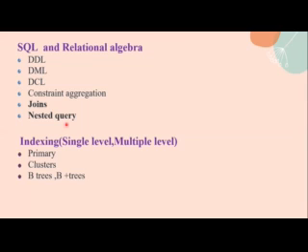And then next we come to the topic called indexing. Here indexing consists of two things: single level and multi-level. Under single level, we are going to discuss the primary index and so on. And then we discuss the clustering concept. And when you come to multi-level, we have to see about B trees and B plus trees. So these are the overall syllabus that we are going to discuss and plan step by step